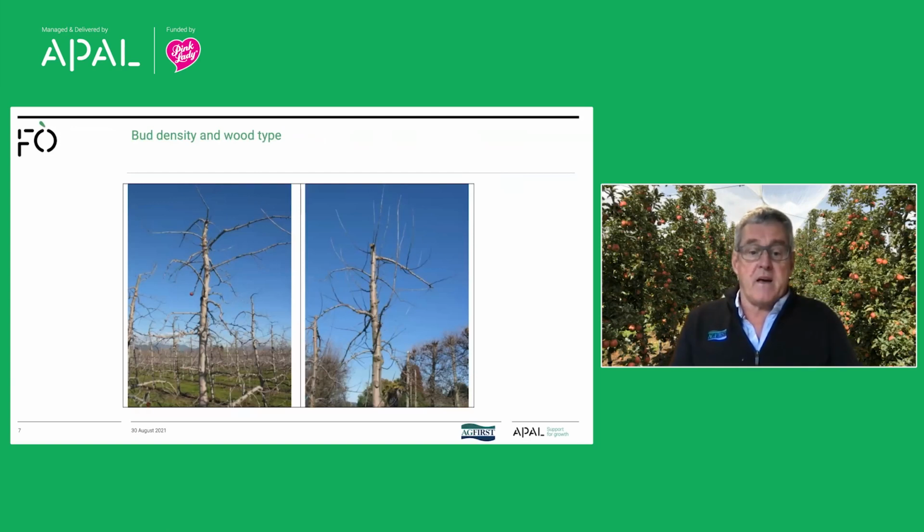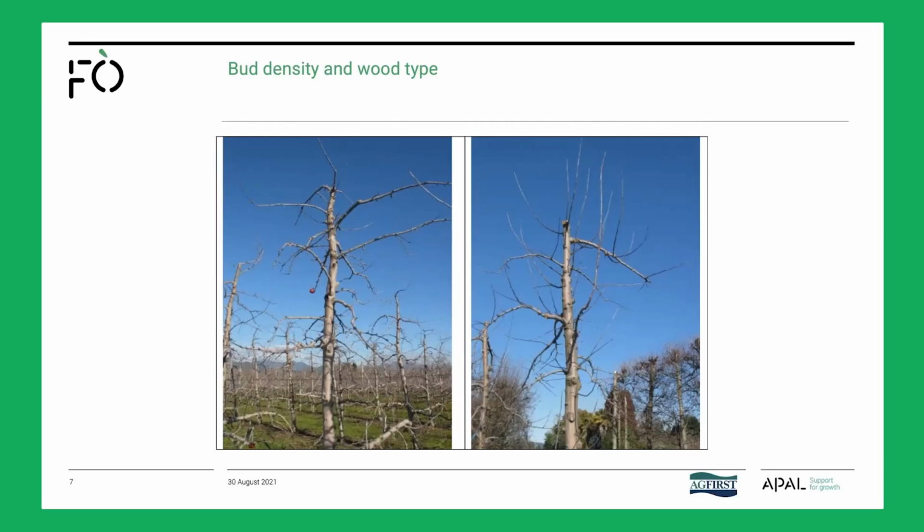The same trees pruned totally different ways. The tree on the left has a much higher bud density than the tree on the right. And not only that, the tree on the right, the pruner has left in a lot of 1-year-old wood, which is totally different to thin than the tree on the left that has a lot of 2- and 3-year-old wood. So knowing what your bud density is, knowing what your wood type is, all extremely important to make a good